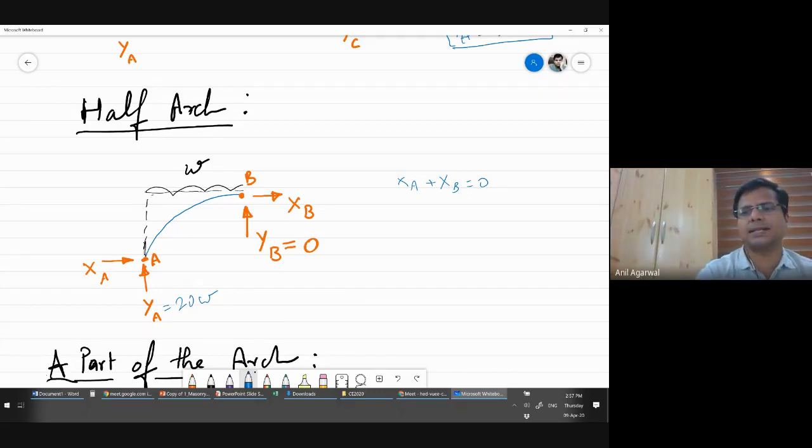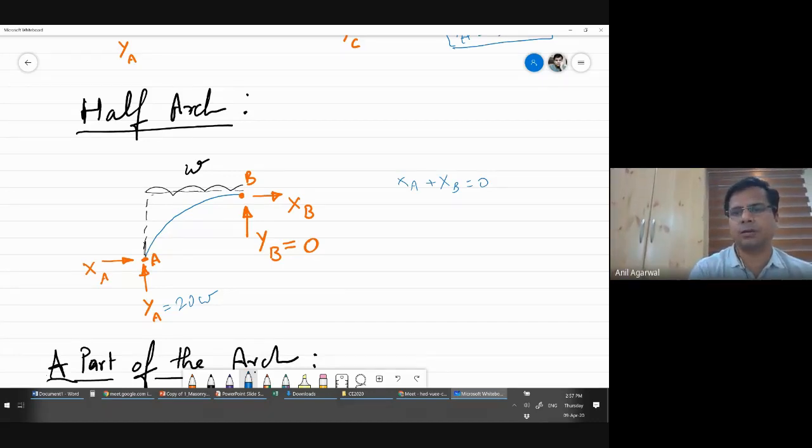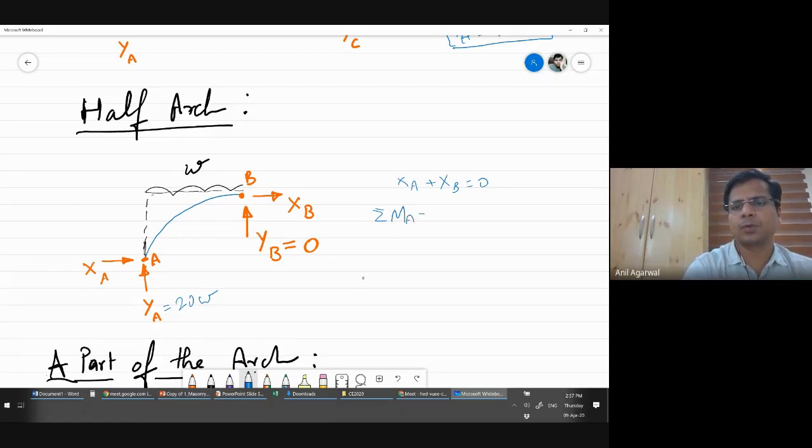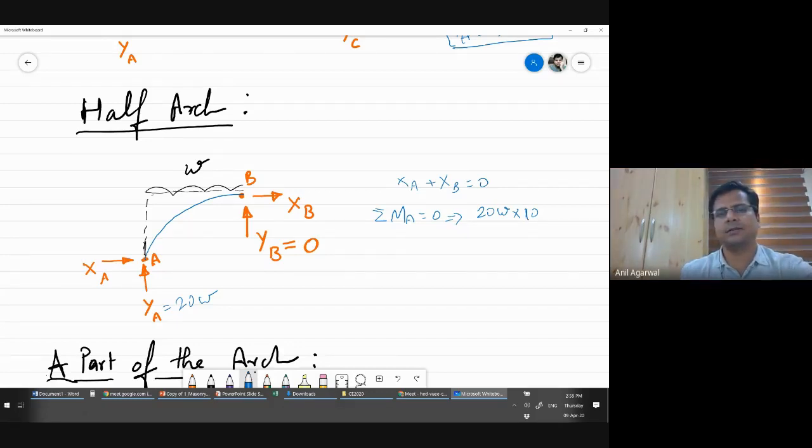Now I want to know what is XA and what is XB, and I'm not getting that value from this equation. But what I can do now is I can do sigma MA is equal to 0. I can take moments about A and balance that to be 0. What does that give me? It gives me 20 times W is the total force. This total length is 20. 20 multiplied by W is the total force. Its centroid is at a distance 10 from point A. So 10, so that is the moment in the clockwise direction because of load W,